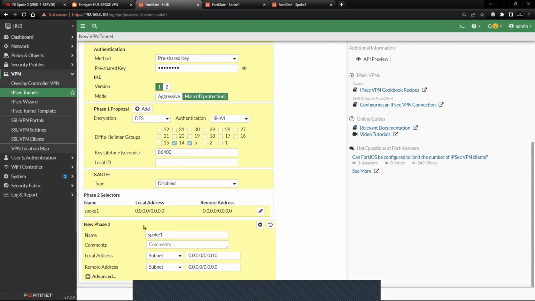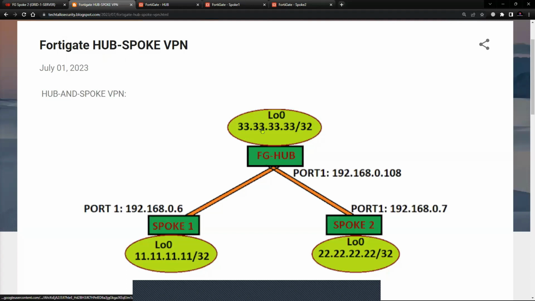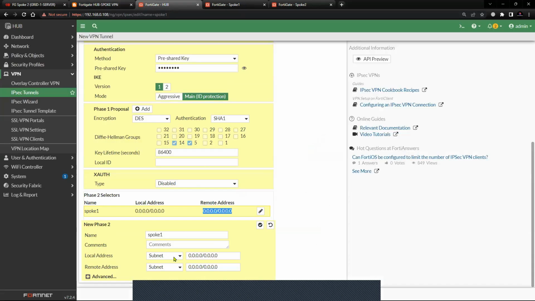And in phase 2, we have phase 2 selector. So we'll have to configure the inside network. Local is going to be 33.33.33.33. Remote is going to be 11.11.11.11. Let's try to configure that. It is going to be an IP address. So local is and remote subnet is going to be